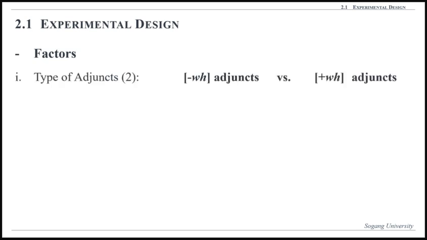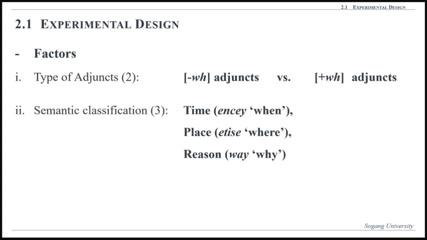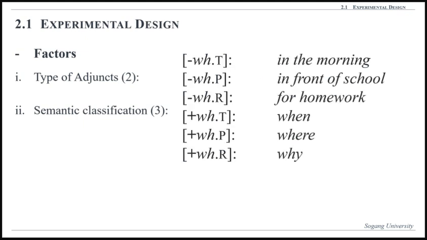There were three factors. The first factor was the type of adjunct, minus WH versus plus WH adjunct. Second, we looked at the plus and minus WH adjuncts with three different meanings: time, place, and reason. Then, as you can see here, we have 6 different types of plus WH or minus WH adjunct by a 2x3